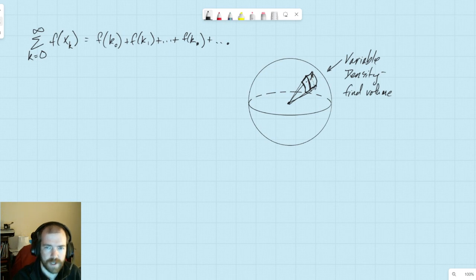Some sort of chunk like this out of a sphere, which would then get you a dr going this way for your radius, a d theta here going with your sweeping angle, and it doesn't really matter which one you do, but a d phi for your azimuth angle. So then here, you'd want to take, again,